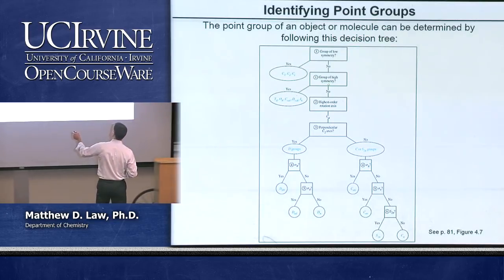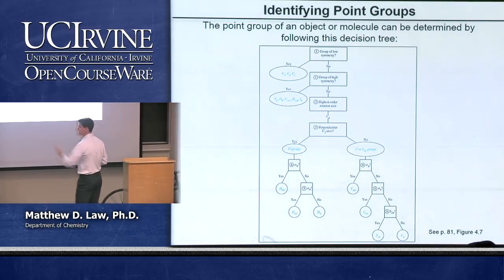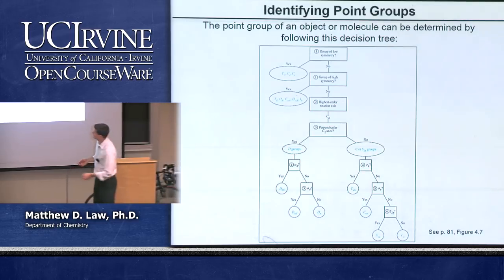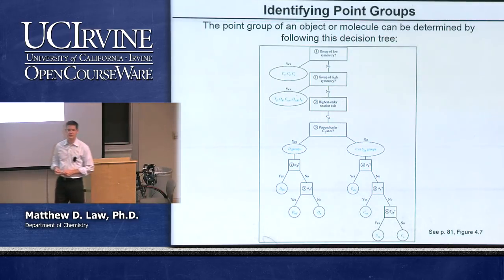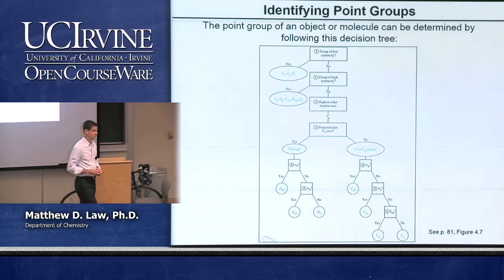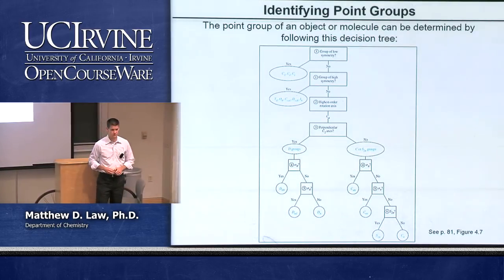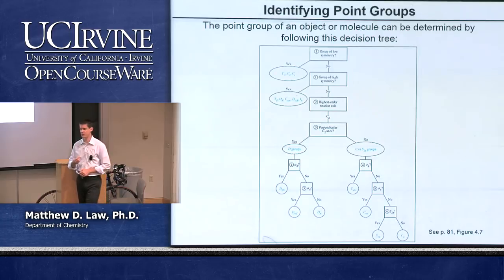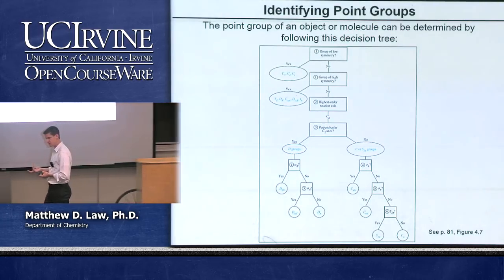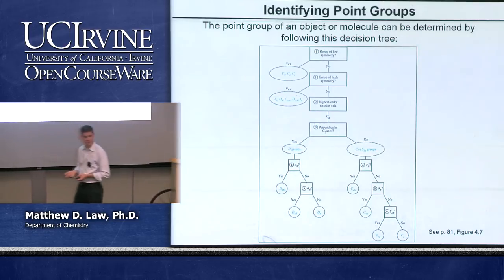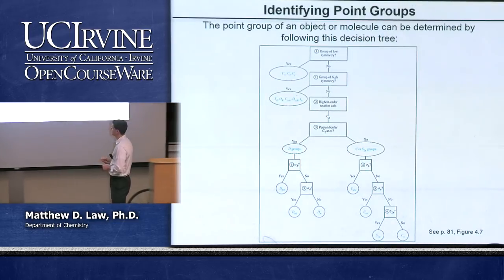If it's not, we go to the second step here. Is it a group of high symmetry? Yes or no? If it's not, then we ask the question: what is the highest order axis we can find? What is the principal axis of the molecule? And this sets us up for proper determination of the point group. Is there a C2 only? Is there a C3? Is there a C5? Okay, we identify what that principal axis is.